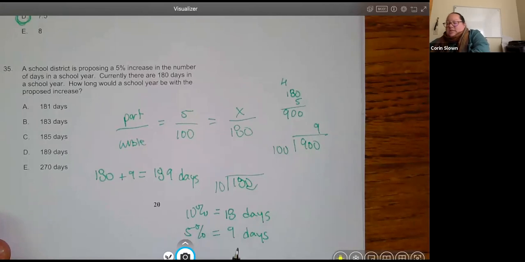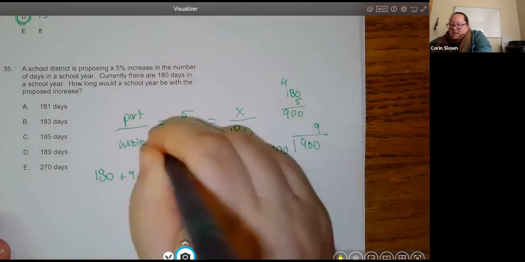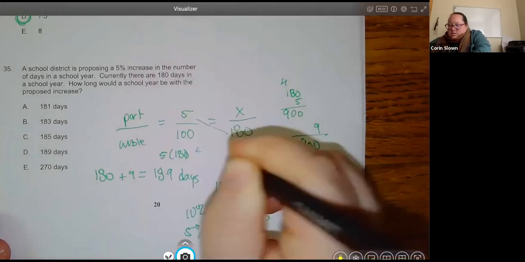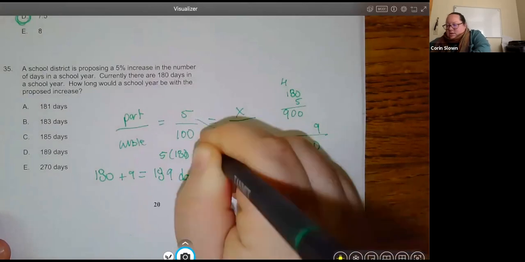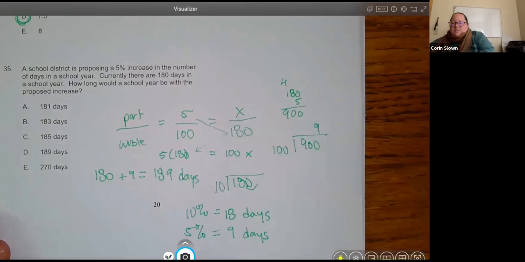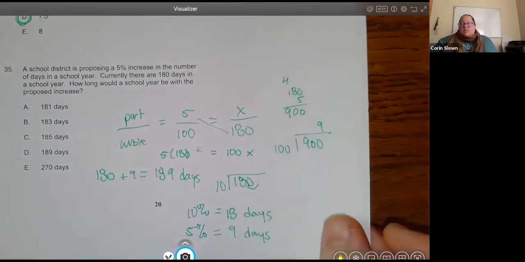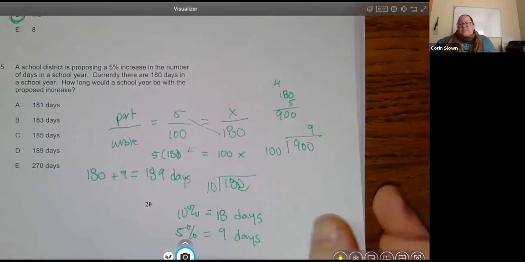But you could also do it this way, where you cross multiply. So you have 5 times 180. You set that equal to 100 times X, and then you go through the process of solving the math. So that's up to you. Again, there are always typically more than one way to solve these problems. Okay,